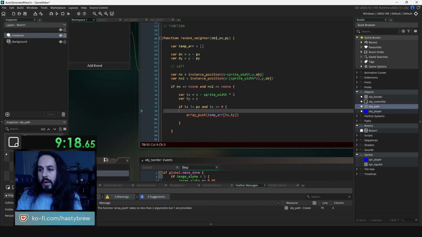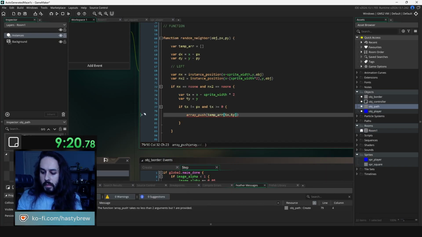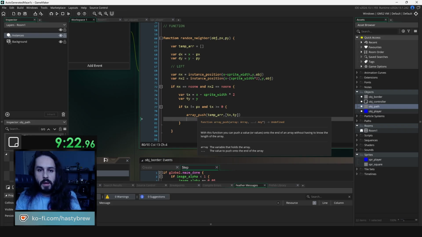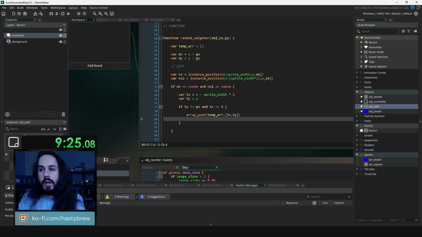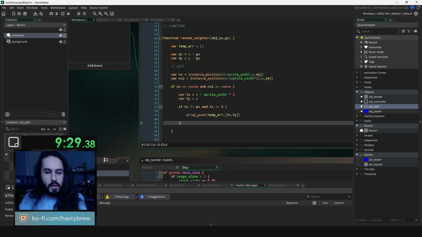Temporary X and temporary Y. So we create like a multi-dimensional array storing the X and Y temporary values so that we can return those. And then within here,